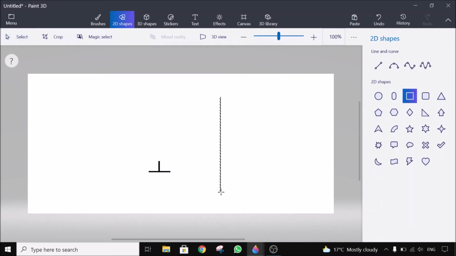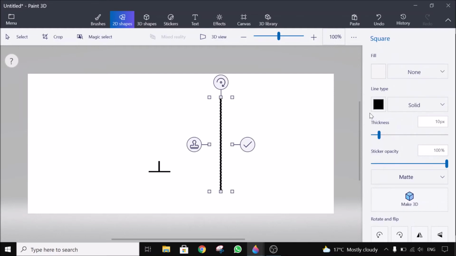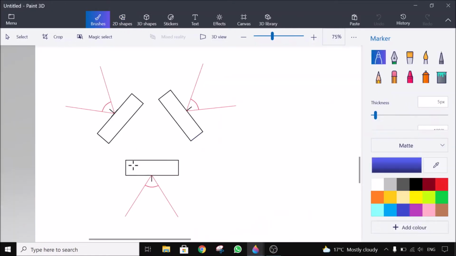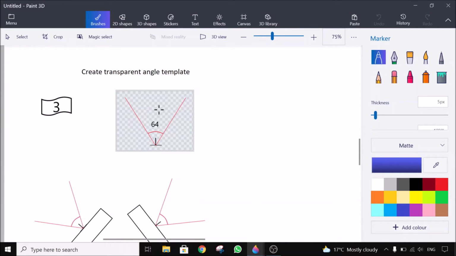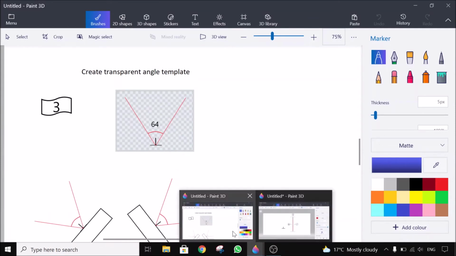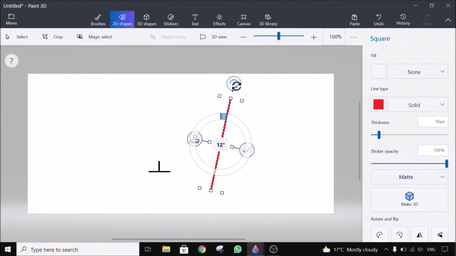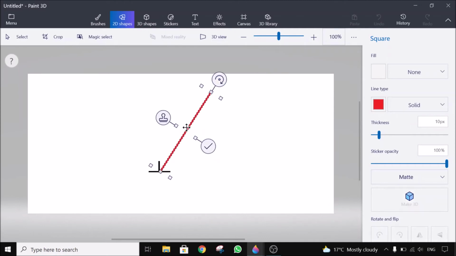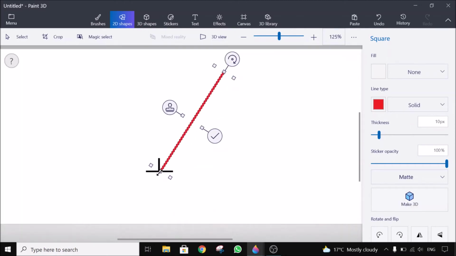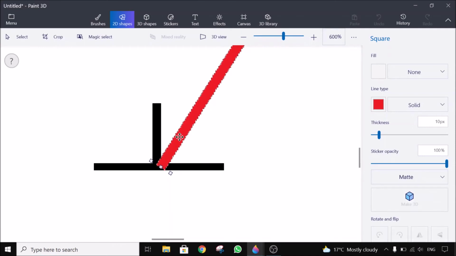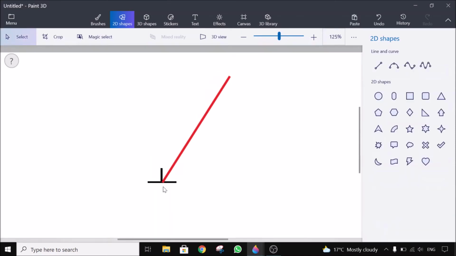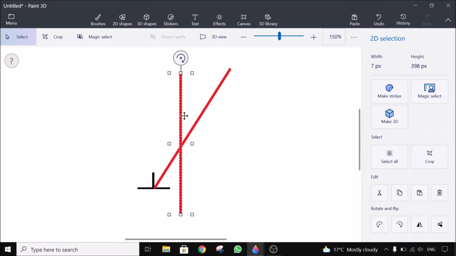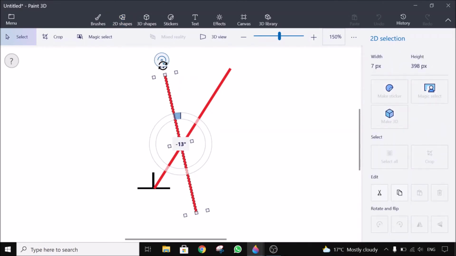now I will draw the main. I will color it red. I will copy this, control copy. Now here in our tutorial it is 64 degrees, so half of 64 is 32. So I will rotate it 32 degrees here, 32, put it here. I will zoom in here, good. Now I will paste it, control V, on this side, 32